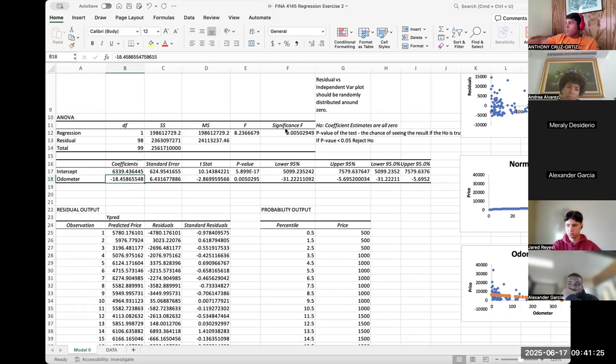Notice, when you have one variable, your F statistic p-value is the same as the p-value for the t-test. So this is the t-test here. That's your coefficient. We're going to interpret the coefficient in a minute, but first you have to say this is telling us also that it's not zero. What is this thing here? This is the t-stat, which you convert into a p-value, and the p-value tells you that it's not zero. Negative 18.4586 is not zero. Now, why would negative 18.45 be zero? How could it ever be zero?